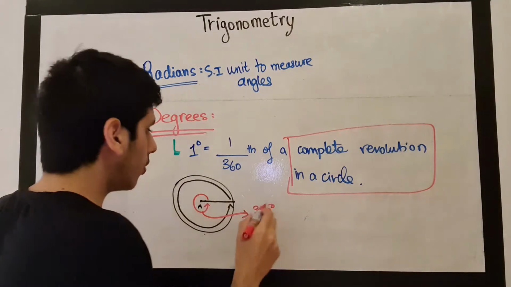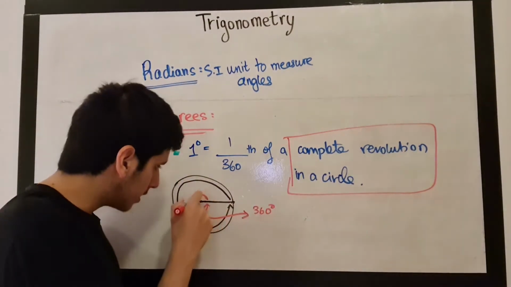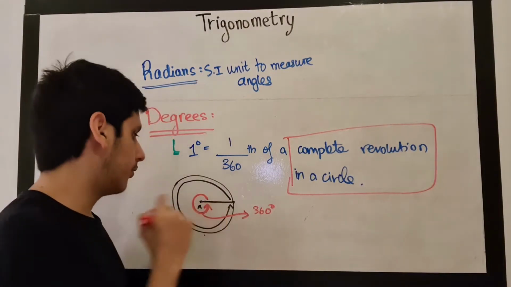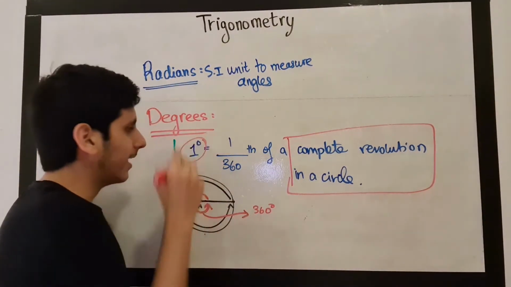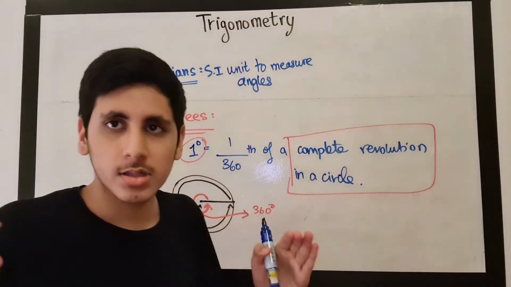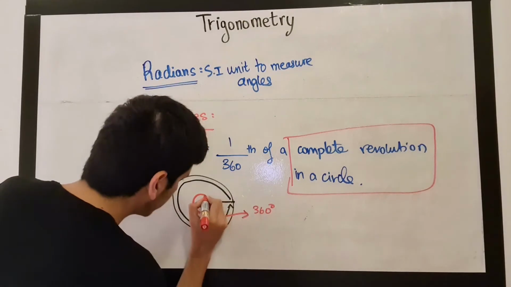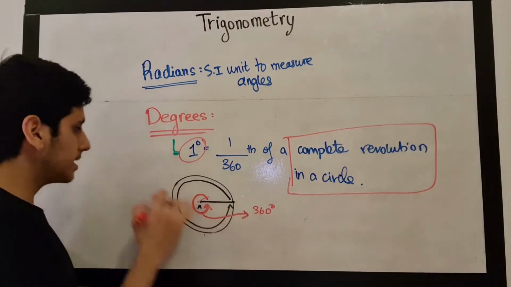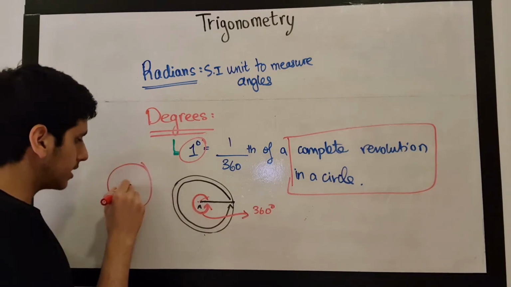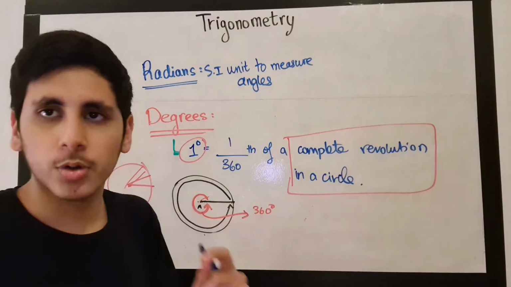Okay, so 1/360th of this angle would equal 1 degree, and that's sort of the universal definition of a degree. So it would be 1/360th. So it will be something like this. If we divide this angle, 360 degrees, into 360 parts, one part would measure 1